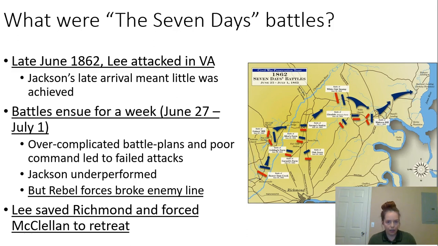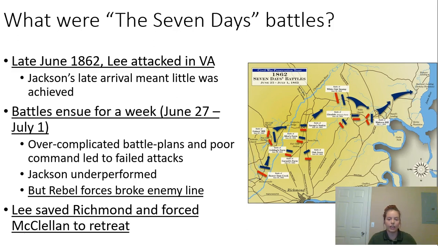Looking into the next battle that we have, the 7 Days Battles, this is going to be a set of battles that takes place across a span of a week, and it starts in late June of 1862 when Lee attacks in Virginia. He's waiting for Jackson, but Jackson is slow to arrive, and so Lee ends up a bit unsuccessful in that we've got our week of battles spanning from June 27th to July 1st,